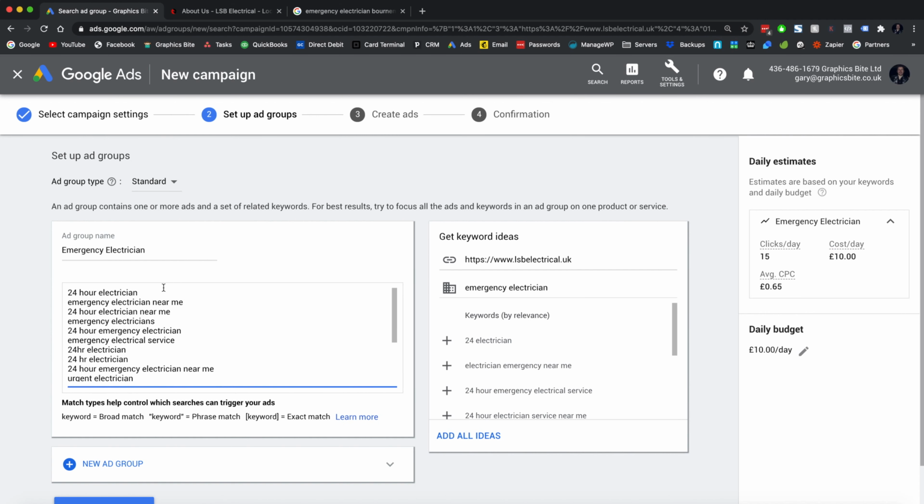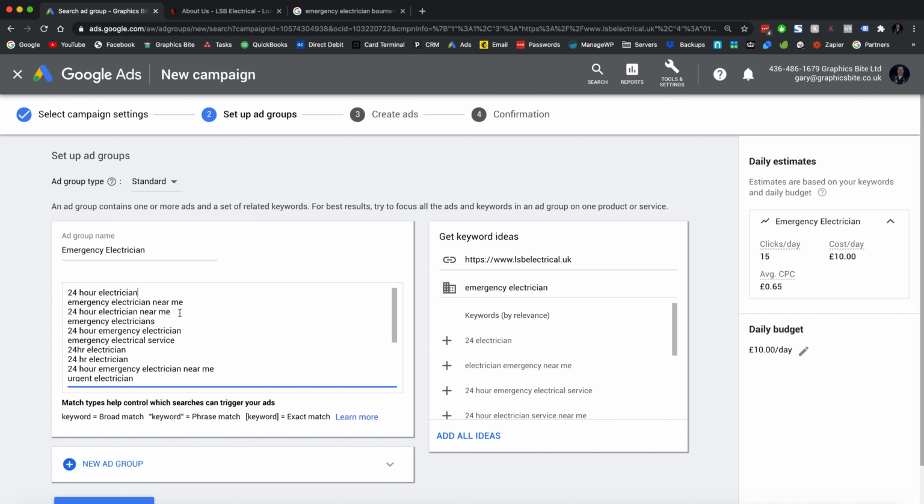Now what we're going to want to do is you'll see here you've got match types. So the way the keywords are entered now, this is a broad match. This means that Google will basically mix and match these keywords, and no matter if someone typed in 24-hour electrician, they added the word free in front of it, you obviously wouldn't want to show for that, but Google would be showing your ads for literally anything with any words around these keywords in any order, mix and match, and it's an easy way to spend a ton of money on Google Ads without getting anything back. So never use the broad match unless you want to run a tiny campaign to get some keyword ideas, but generally you should